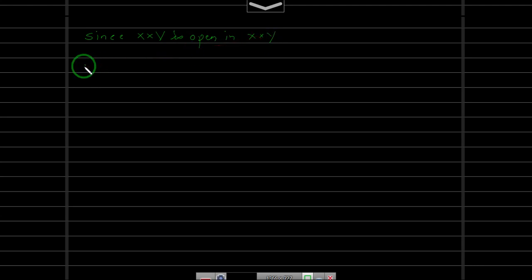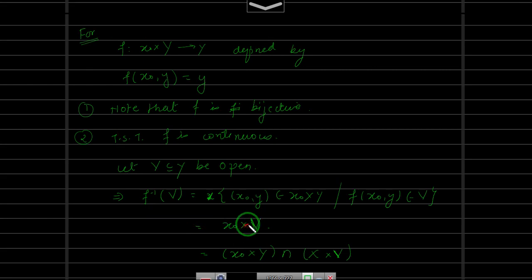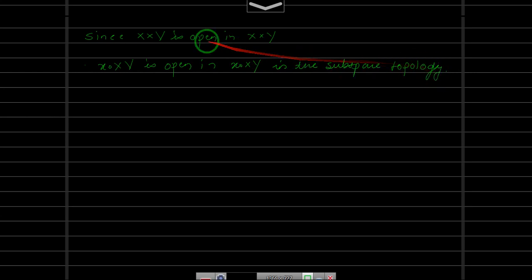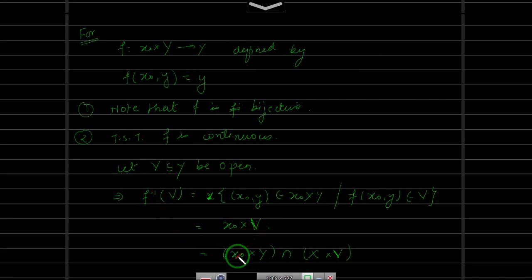This implies x naught cross v, that is f inverse of v, is open in x naught cross y in the subspace topology, right? Because we are writing x naught cross v as x naught cross y intersection with x cross v, and